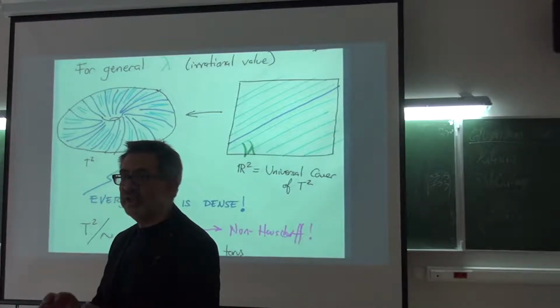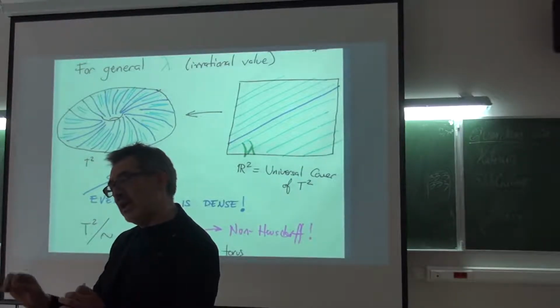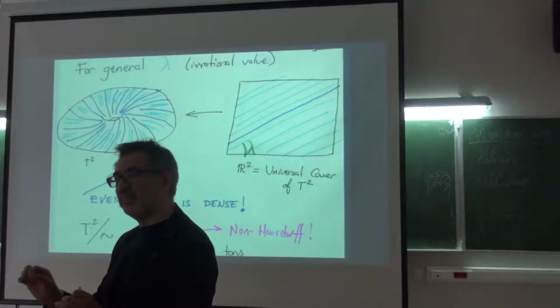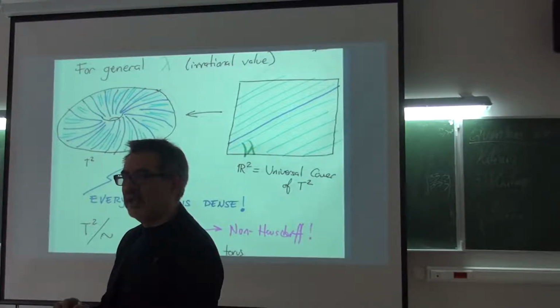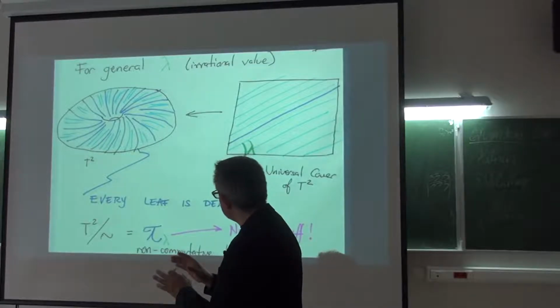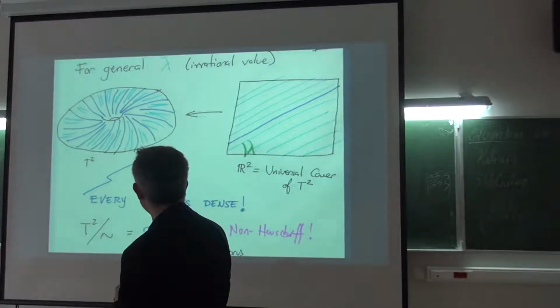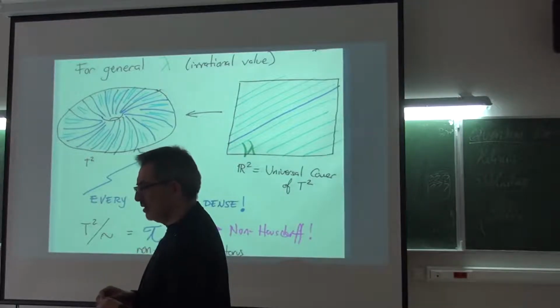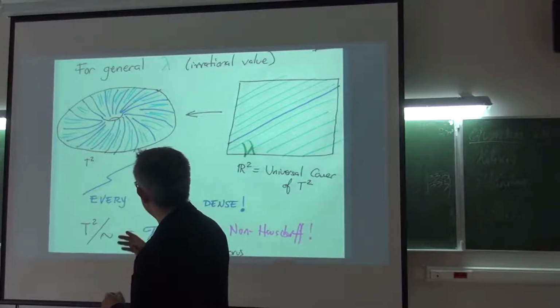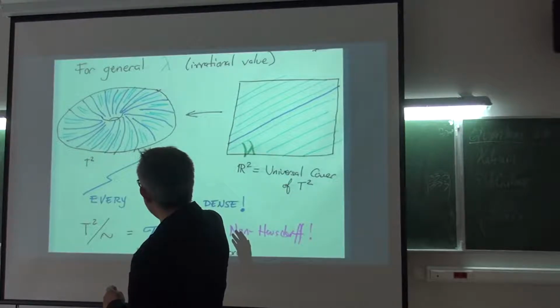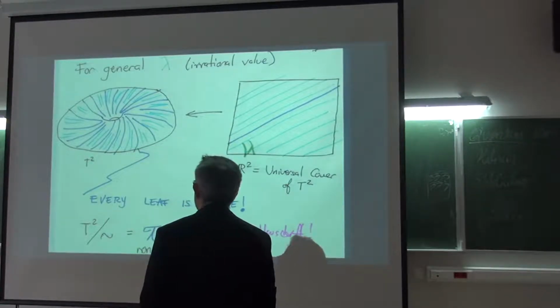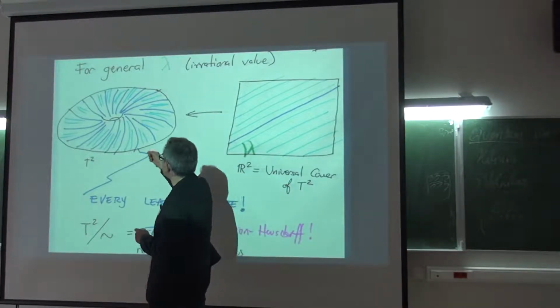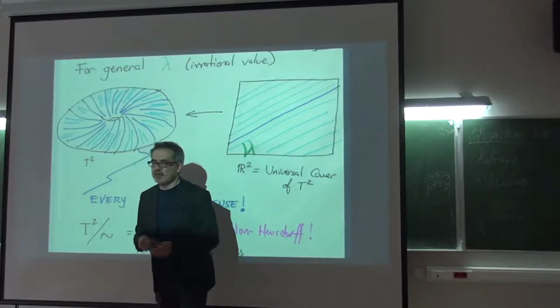It's not a torus knot, just an injective copy of the real numbers in the torus. And every leaf is dense. The closure of every leaf is the whole torus. And in that case, we have this dense foliation. Every leaf is dense. And the space of leaves of the foliation, if I identify two points as being the same by the equivalence relation of being on the same leaf,